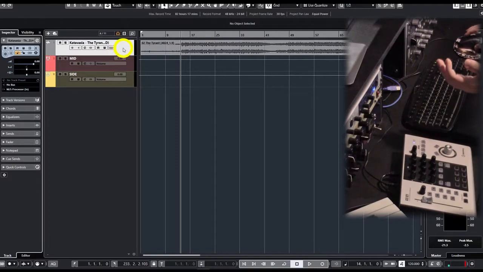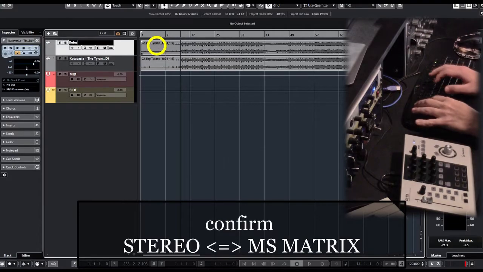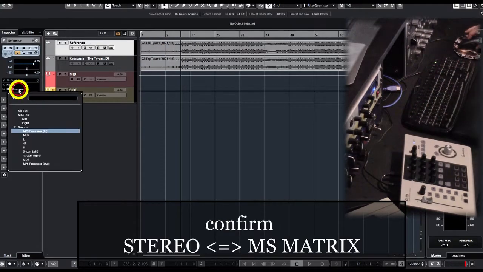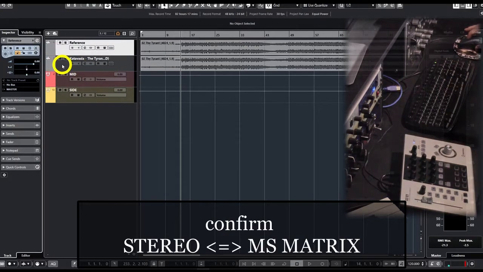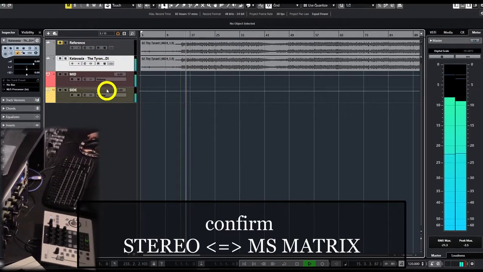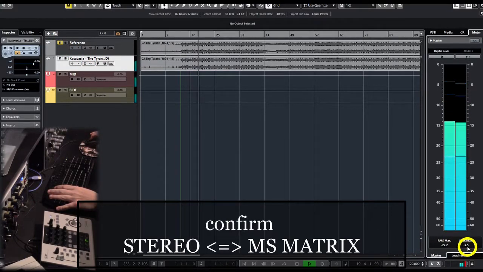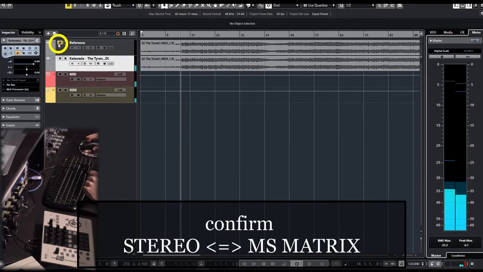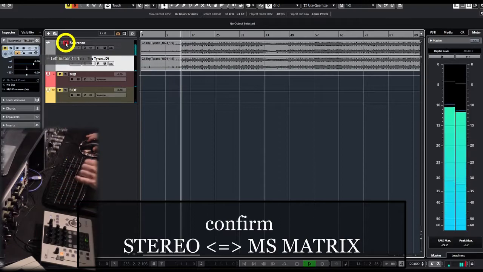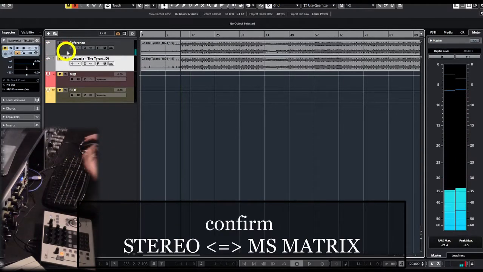Right. Now let's just create a duplicate of our stereo track. Let's call this one reference. Let's output this to the master channel. We're now listening to the output of our box, of the mid-side box. And now we can actually compare the MS matrix with our reference to see if we did everything correct. Great, they sound the same, but